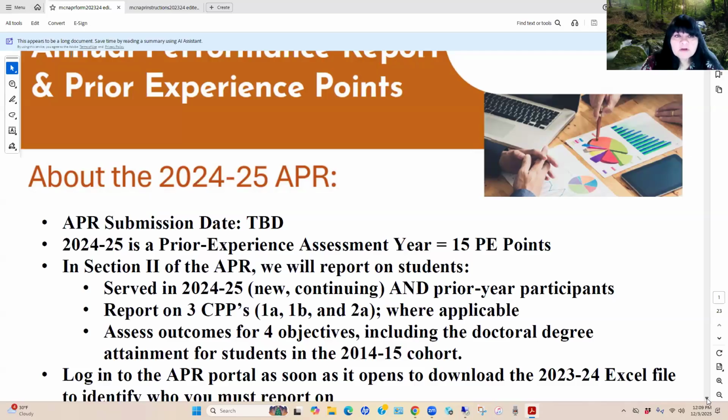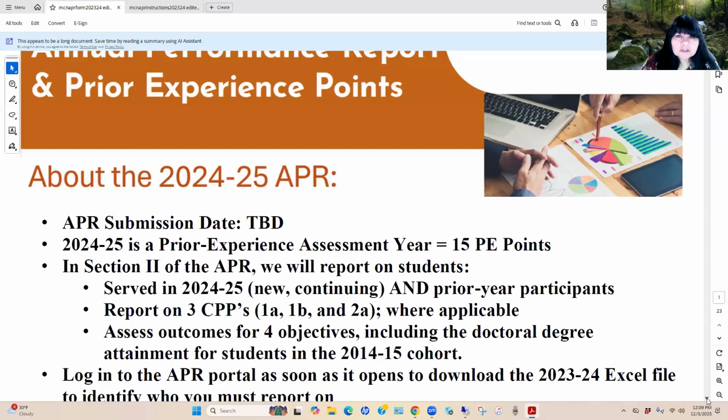Some other things that we know are going to be very important. They're going to be important now, as we're coming out of a shutdown period, and some things that we need to do in order to be prepared once the annual performance report website goes live. And that's identifying new directors, identifying the new certifying officials who will be responsible for submitting and signing off on the APR submissions.